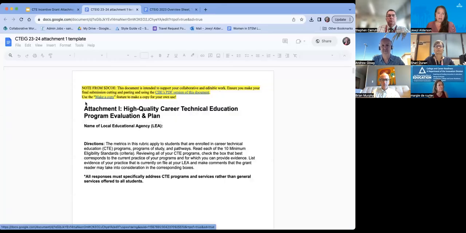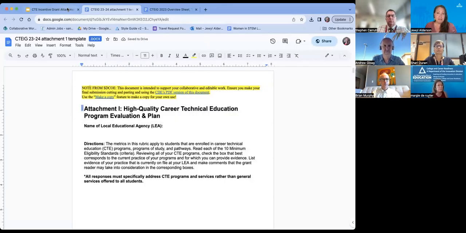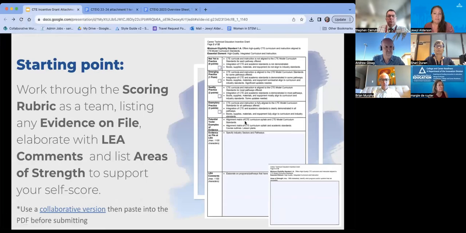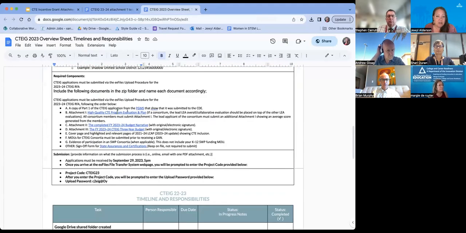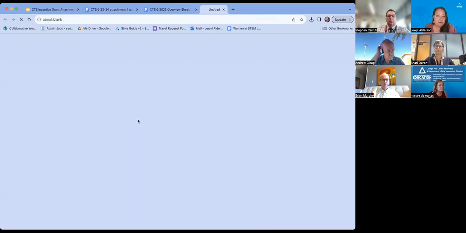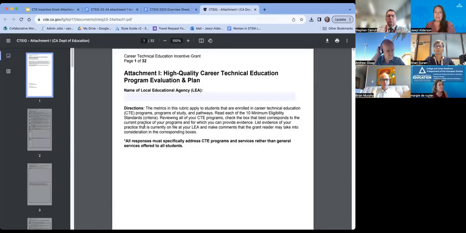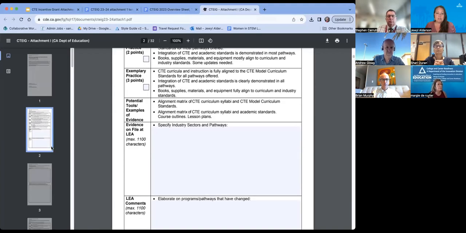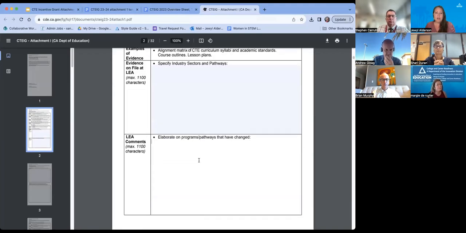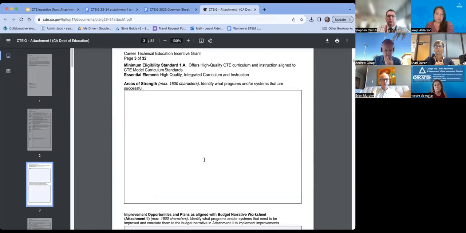While you will eventually submit this in a PDF format, right? So if you look, let's see if I will have that on the overview sheet. It's linked in a lot of places. So eventually you will be submitting it where you're going to click the boxes and you're going to paste everything in here. But we all know that's really hard to go through and do